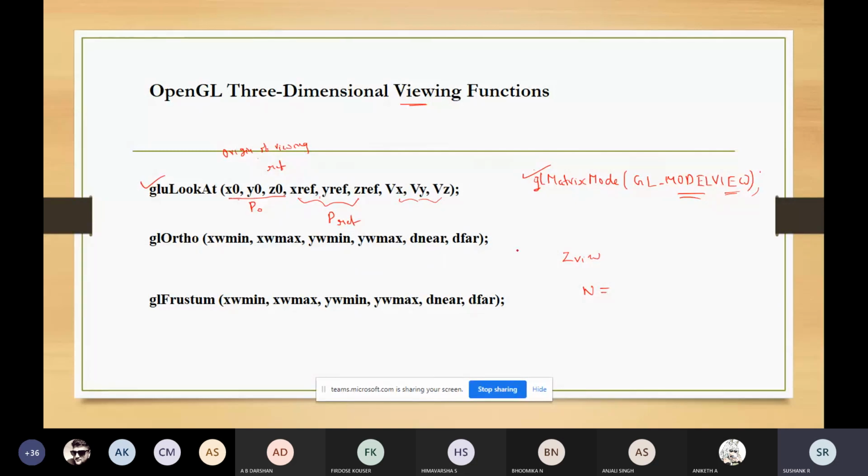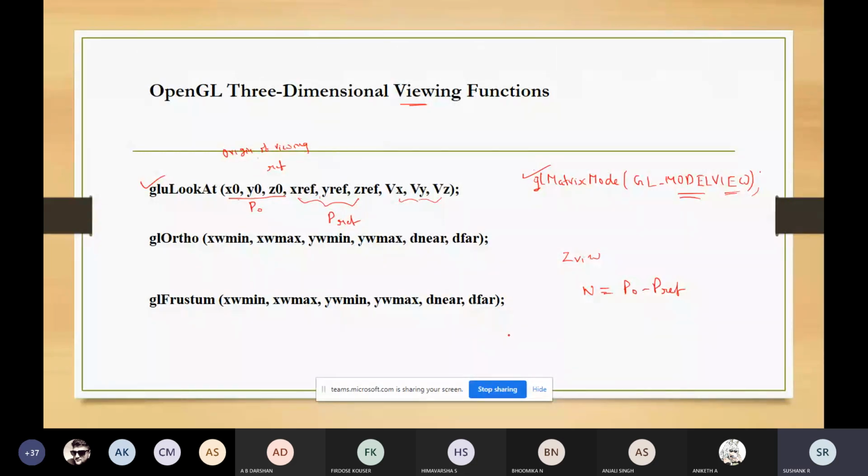So you can obtain the normal vector n as the difference between the world coordinate position and the reference position. So this is how you can obtain the value of n, and the unit vectors for the viewing reference can be calculated by the formulas which we have already studied.